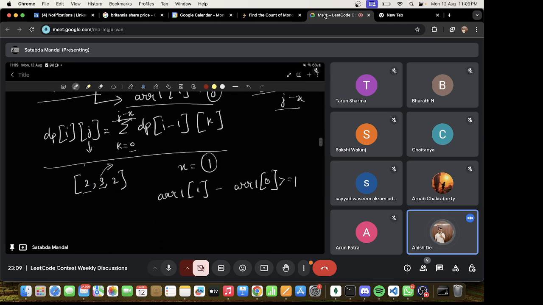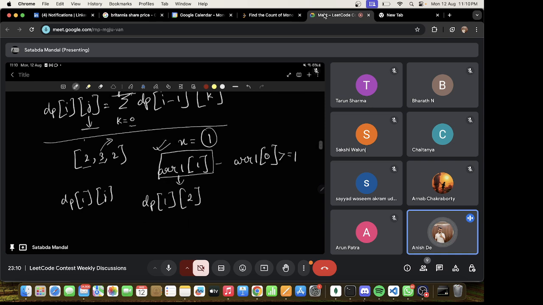ठीक है, मैं ये बोल रहा हूँ. तो if ARR 1, let's say if I am considering, so मैं क्या बोला, DPIJ represents कि मेरा last element J है. ठीक है, तो अगर let's say मैं ये state consider कर रहा हूँ DP1 2, तो मेरा ARR 1 को मैं 2 पकड़ रहा हूँ. ओके, ठीक है, तो अगर मैं इस element को अगर मैं 2 रखना चाहता हूँ,